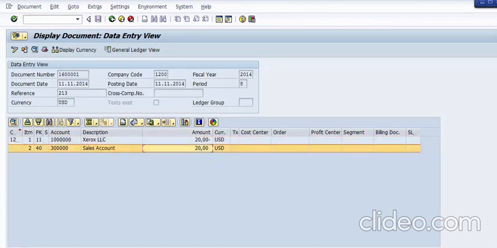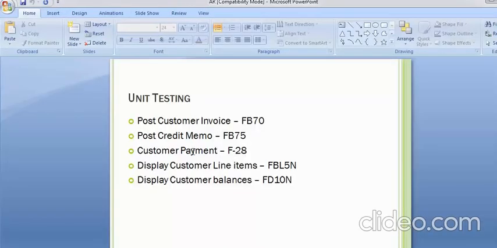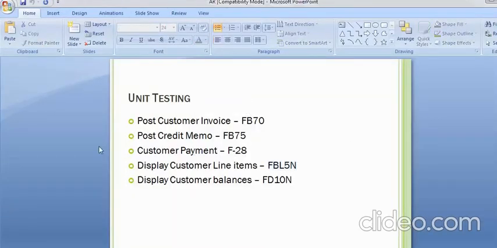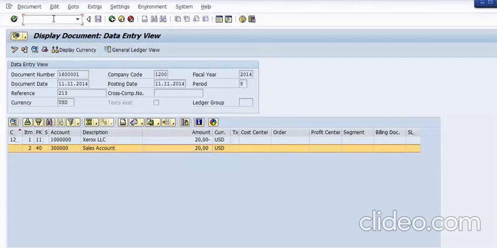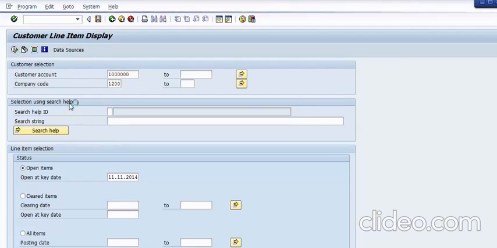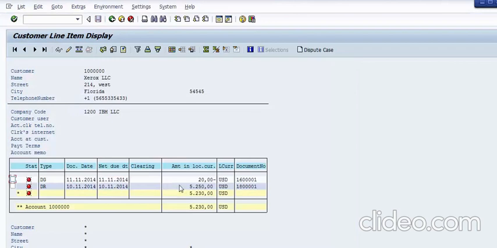And now if you want to check the reports for this, you can go to FBL5N again and have a look at this transaction. So it is /n FBL5N, and you can have a look for this particular transaction as well. The transaction is reflected over here to you. So this is over here, this 20 as a part of the credit memo. Now going back,